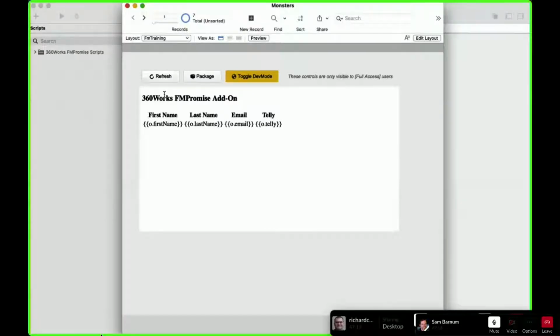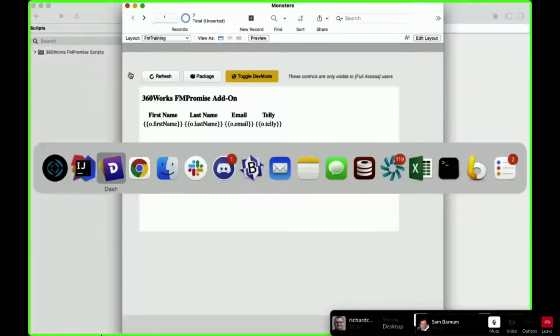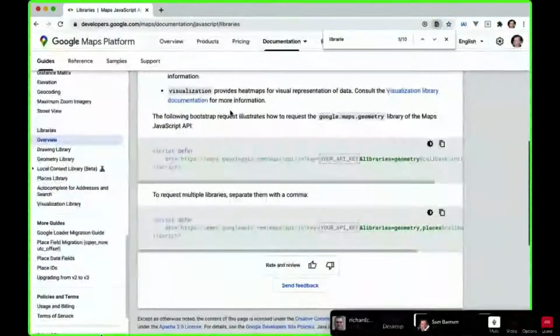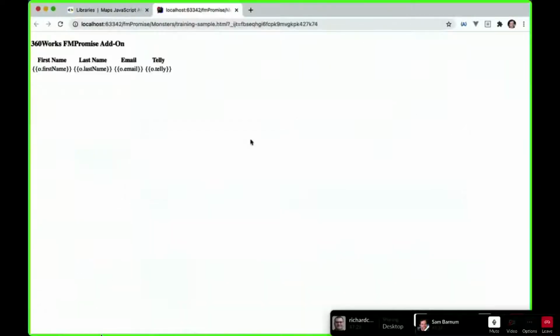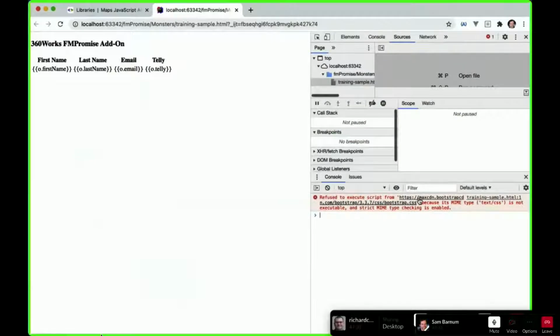I don't think we're getting our CSS working here. All right. Yeah, it's not loading our Bootstrap CSS. Okay, because the MIME type is not executable. It's strict MIME checking.